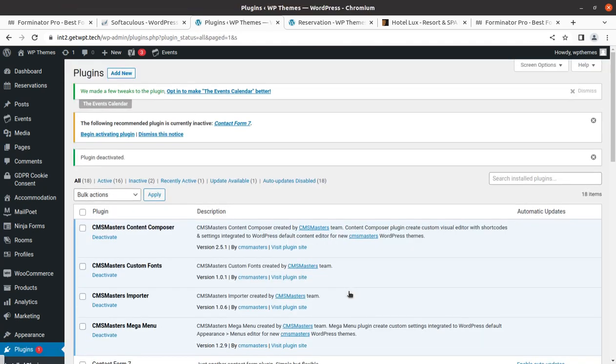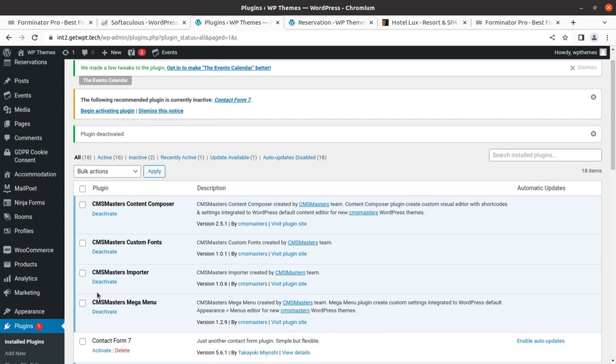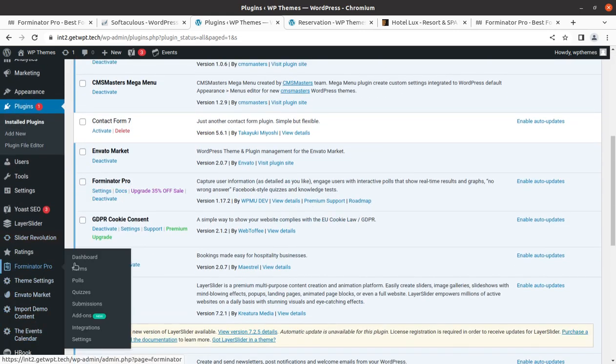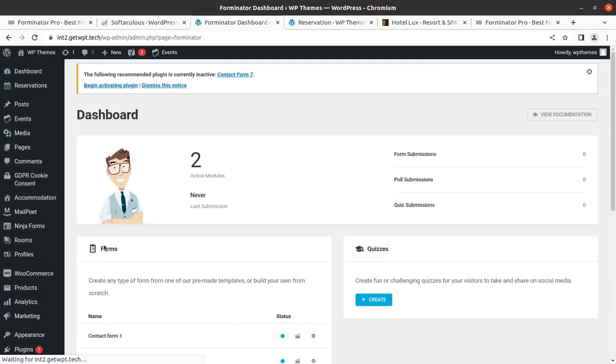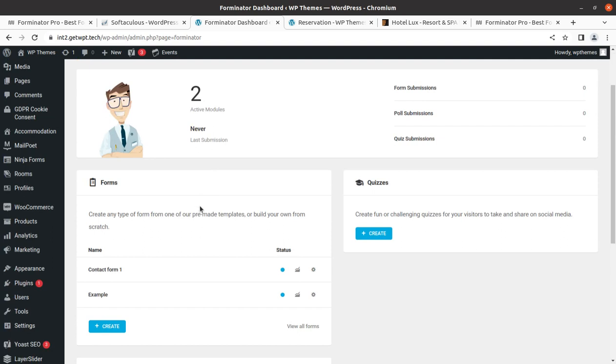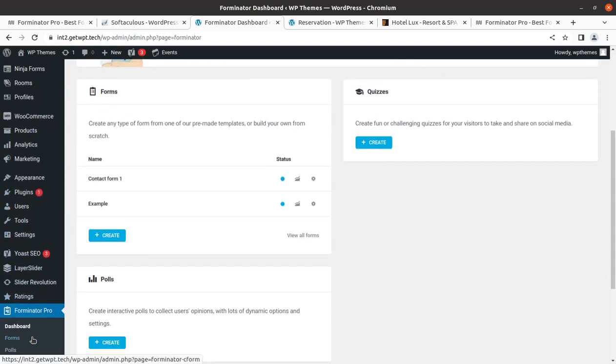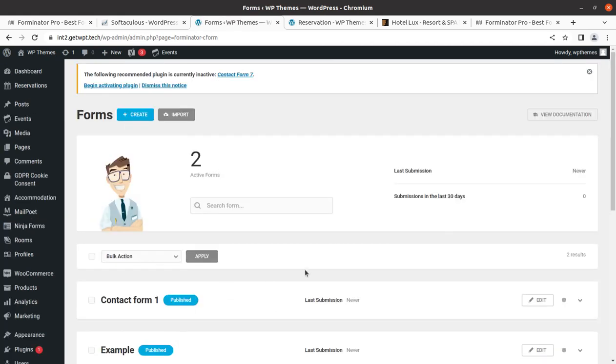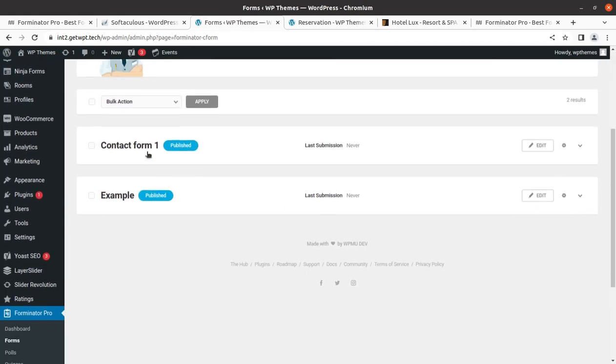So this is the first action, so we don't need Contact Form 7 now. And I believe we are having some forms at Formulator Pro now. This is the dashboard, and we have 2 active modules. 2 forms are here, so we can check the imported forms. Initially there was not any form. So Contact Form 7 is here, and the example form is here, so it is published, and we have all the